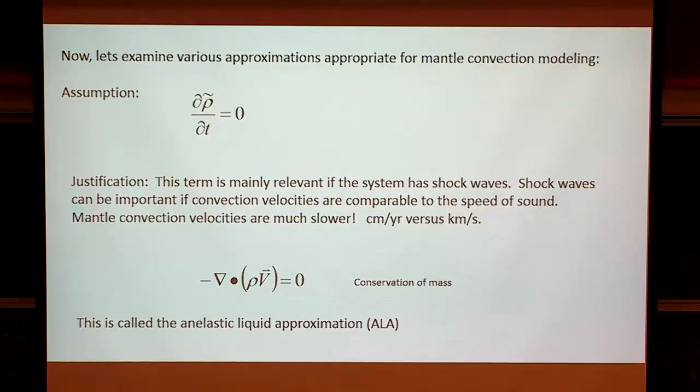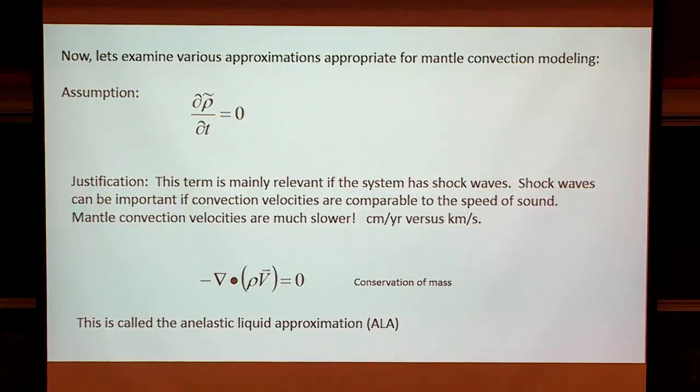Okay, so now we're nearing the end here. And I want to talk about the different approximations appropriate for mantle convection modeling. Those equations I just showed are representative for any type of modeling you want to do, whether it's stars or supernova explosions or convection on Earth or convection for gas giants. It doesn't matter. But now I want to start approximating these equations to look more like what we can use